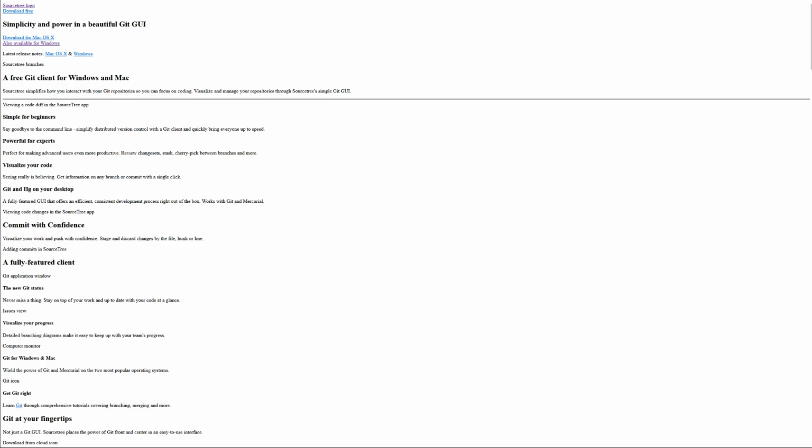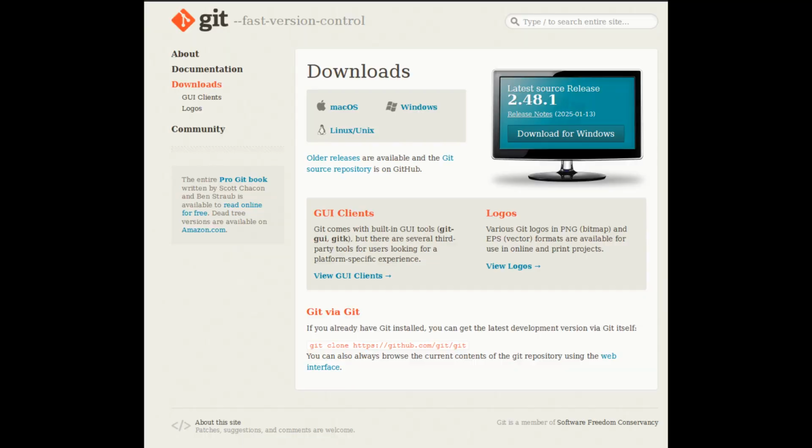Now, as for the interface, I will be using text console versions. For easier window app version control you could use the popular SourceTree app. I will not cover it here anytime soon. Feel free to download it via link in description. Are there benefits to text version? Actually yes. You get more understanding of things going on and you can do more advanced things here.